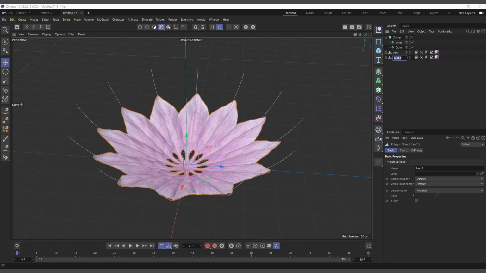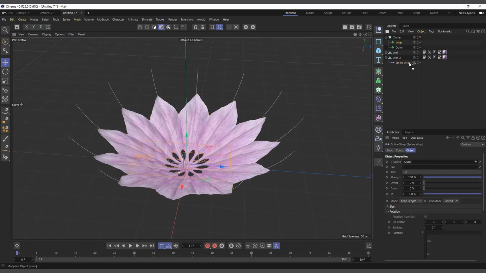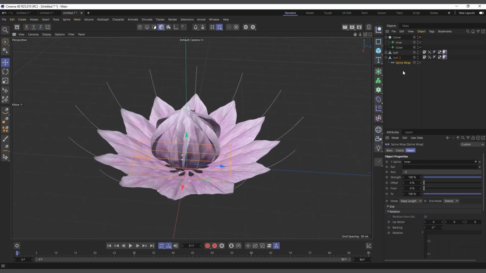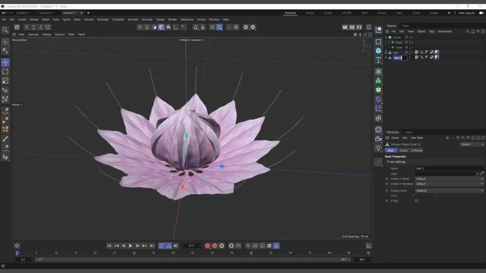So I'll say leaf two, and now in this one, in the spline wrap, I'll use the inner instead. So you can see we have two different leaves. What we do is select the inner leaf. So I'll name this one inner leaf, and this one will be outer leaf, so that you see. So I'll select the inner leaf and the inner MoSpline, and I'll right click, Alt G to put